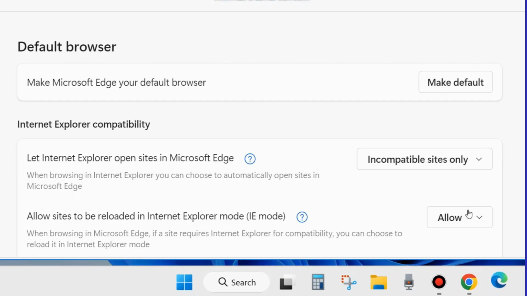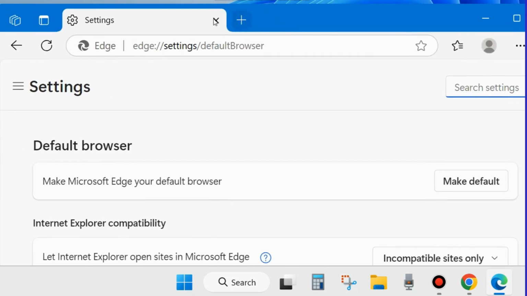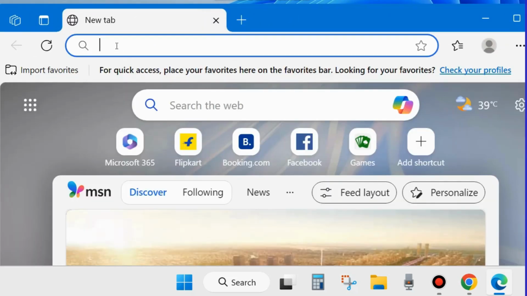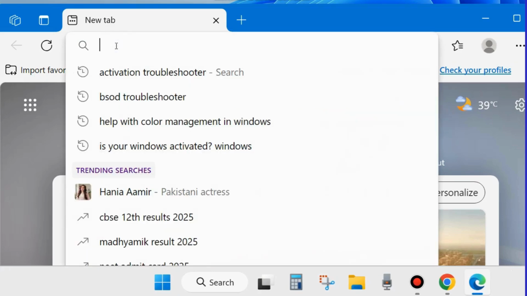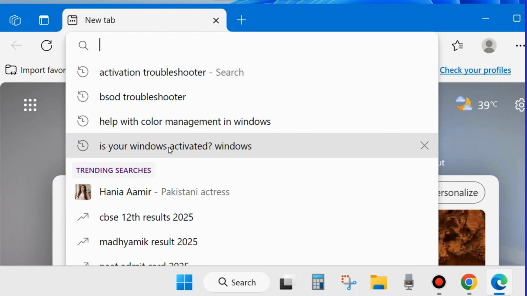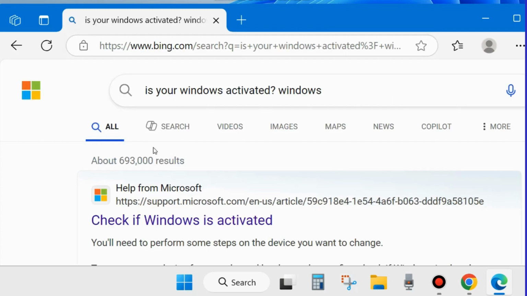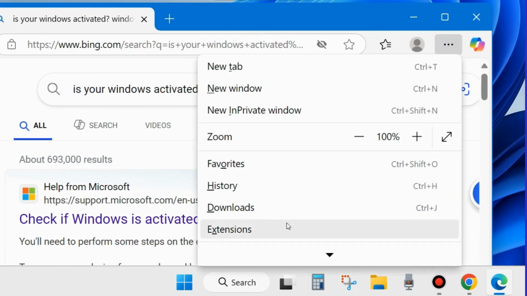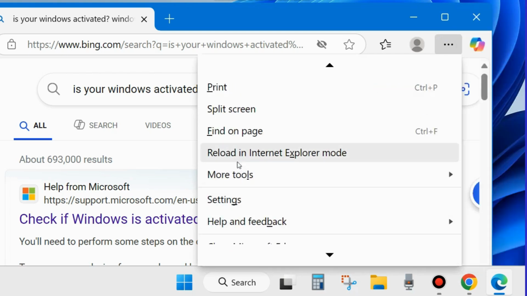Click on Restart. Now go to your browser page, go to the search field, and look for any site which you want to use in Internet Explorer. Open it. Thereafter, from the top right corner, click on the three horizontal dots, scroll down, and choose Reload in Internet Explorer